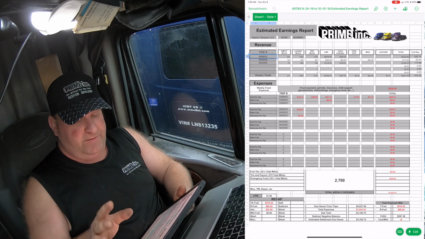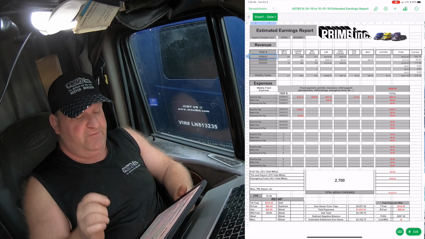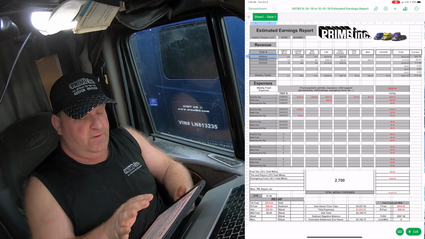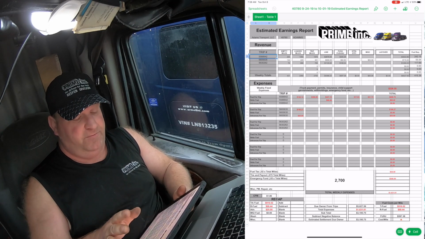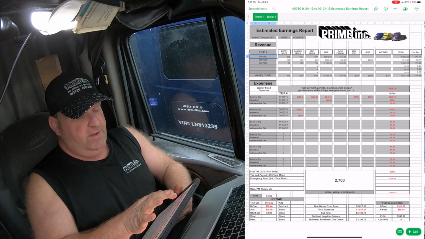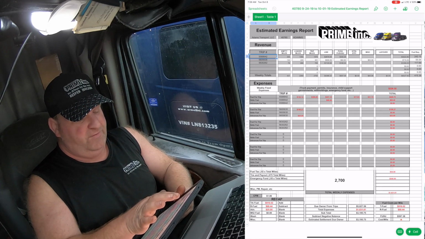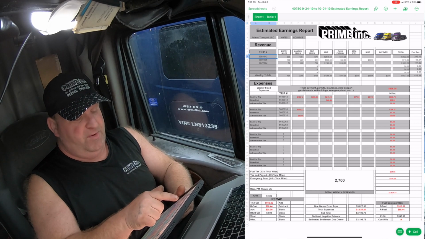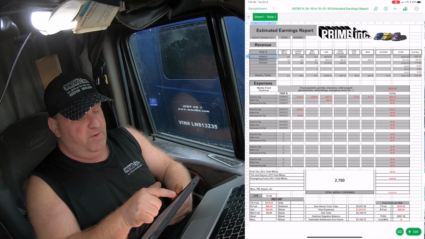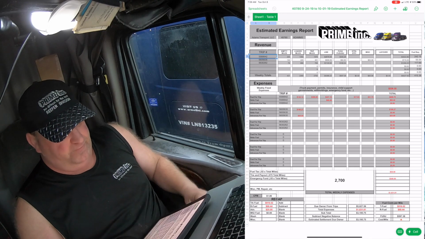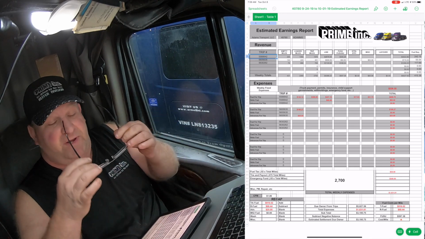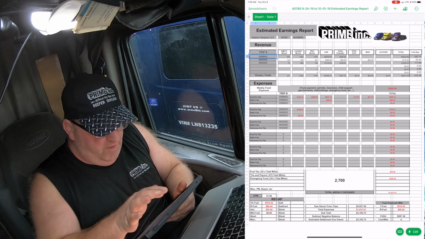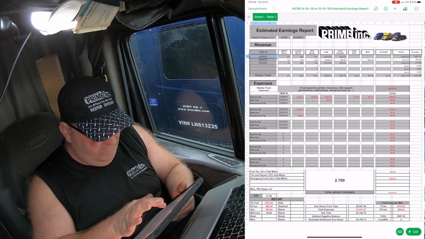How it works is every trip that you do, you put in the information, the empty miles, the loaded miles, and I'll go through it right now for you. Right here where it says revenue, where I got the box highlighted, you put in your trip number. Now when you put in your trip number there, sorry, I'm going to have to put in my reading glasses. Okay. When you put in your trip number there, if you look down at the expenses,